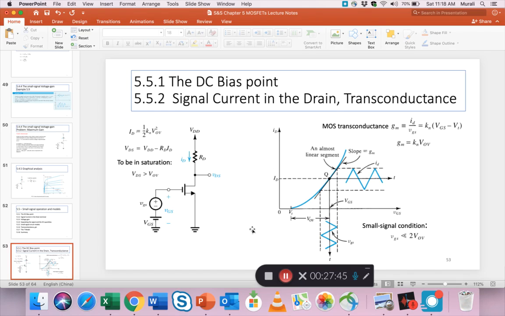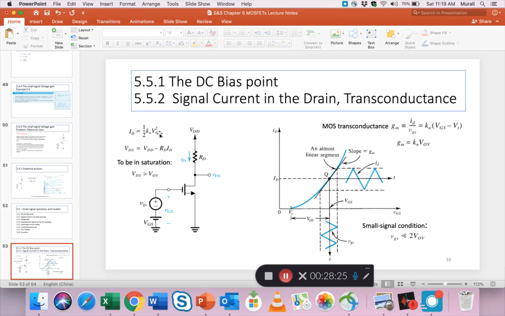This graph, you may remember, as here we kind of keep VDS constant or assume VDS is constant, and as you gradually increase VGS, what happens to ID in the circuit, right? We know ID increases in this fashion because of this square relationship, right? So we plot that, and then based on that also we can look at the input versus the output, but